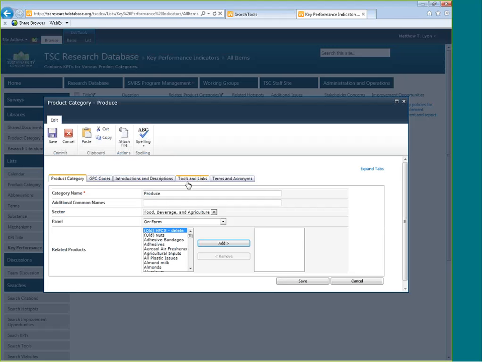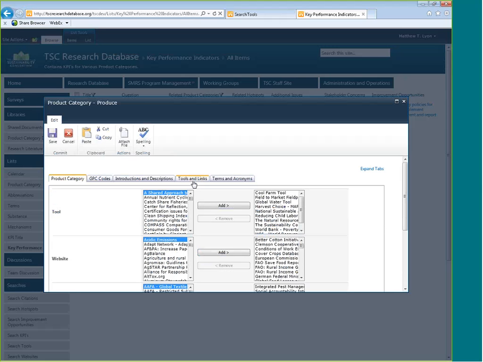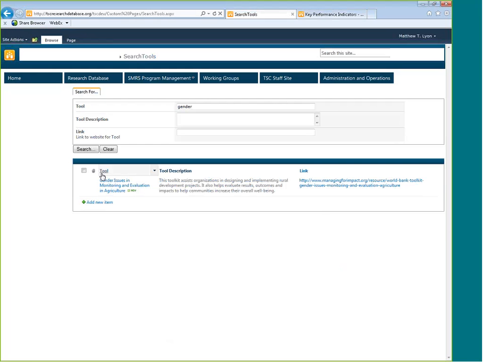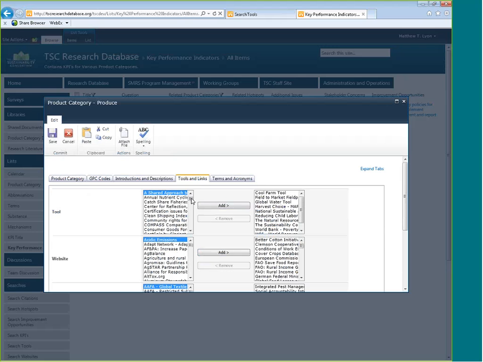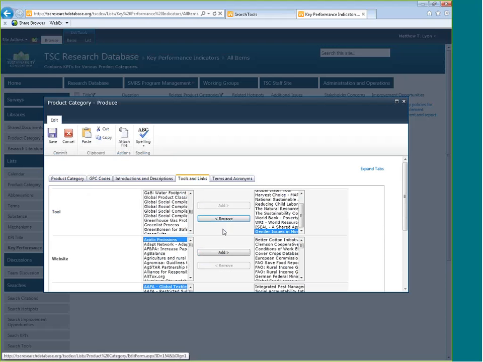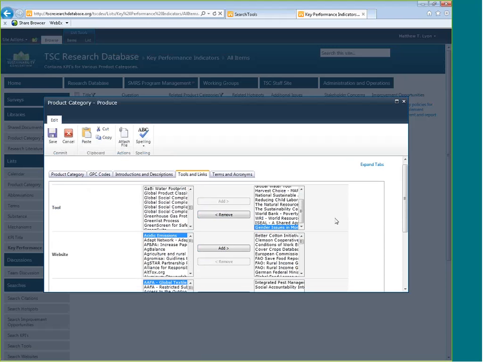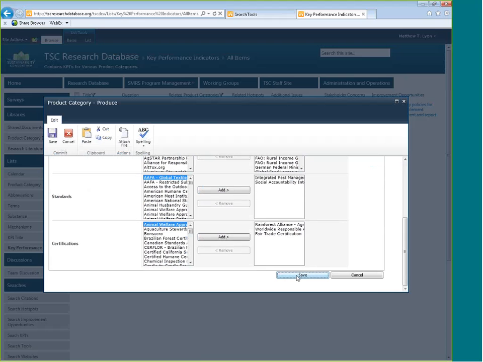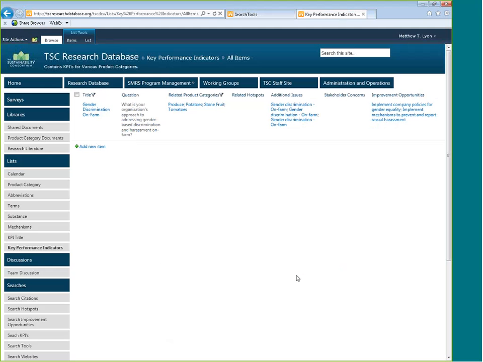Okay, so now we can go over to Tools and Links. And because we said that this was a tool, we look in the Tools category, and we'll find Gender Issues in Monitoring and Evaluation in Agriculture. And so now we want to add it. Okay, and this basically allows us to select it from a master list inside of the Gender Discrimination on Farm